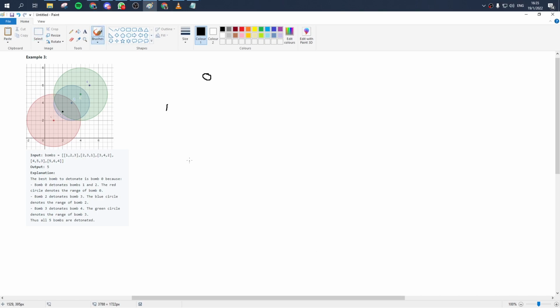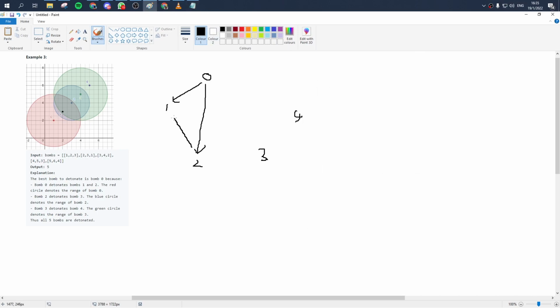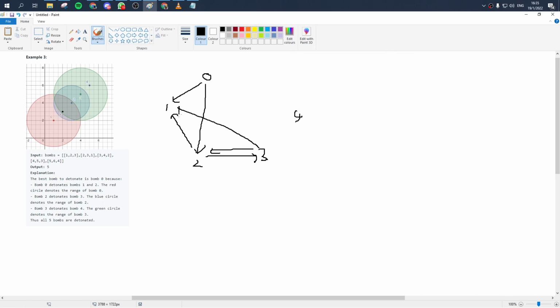0, 1, 2, 3, and 4. So we know that bomb 0 goes to bomb 1 and bomb 2. And then bomb 2 goes to 1 and 3. And then 3 goes to 1, 4. 3 goes to 2, to 1, to 4. Then 4 goes to 3, to 2. So we get a graph here, and then the next thing we have to do is traverse